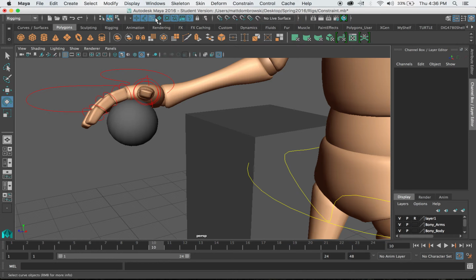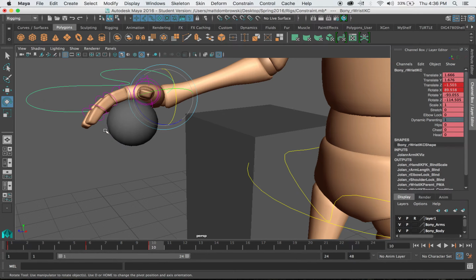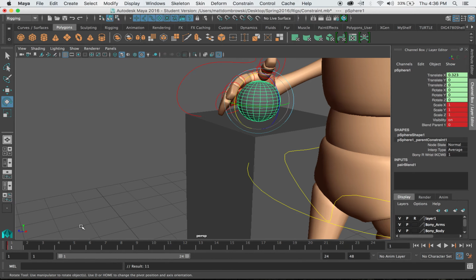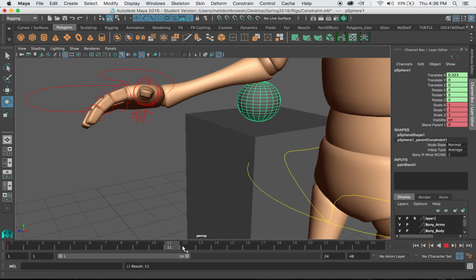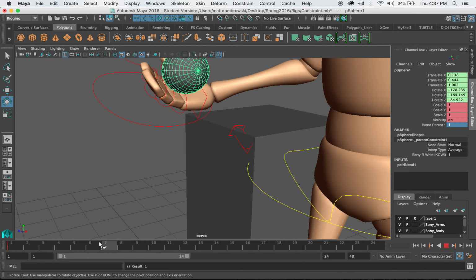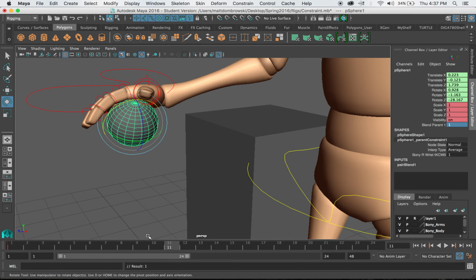So when we created the constraints, a few things happened. When you create constraints, Maya actually gives you switches to play around with. So when we keyframe certain items, you can see we have a blend switch available now on the sphere. If I keyframe that ball, right now it's set to 0. If I set it to 1, currently it will keep the constraint intact. So essentially I could set this to 1 and set another keyframe on frame 11, let's say,